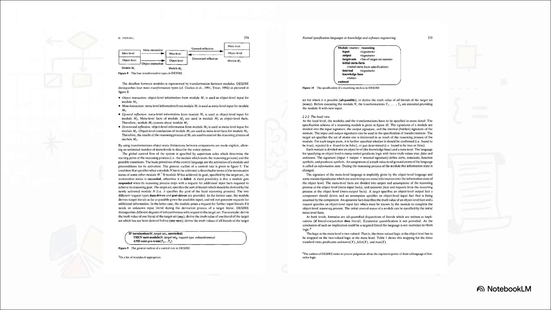Desire elegantly handles data flow through 4 specific transformations. You have object interaction and meta interaction between the different modules. But the really fascinating parts are upward and downward reflection. Upward reflection is when a module's meta level stops and analyzes its own object-level facts. Downward reflection is when the meta level takes the results of that reasoning and forces the object level to act